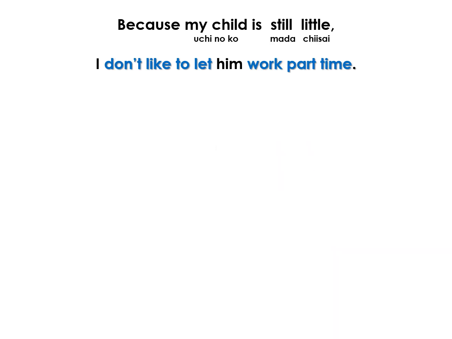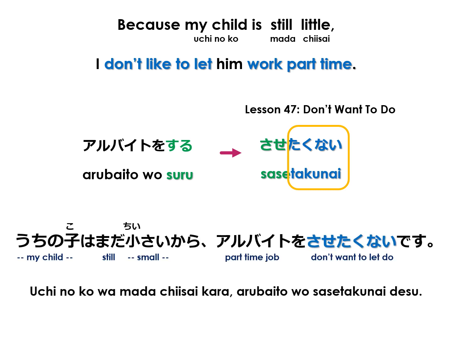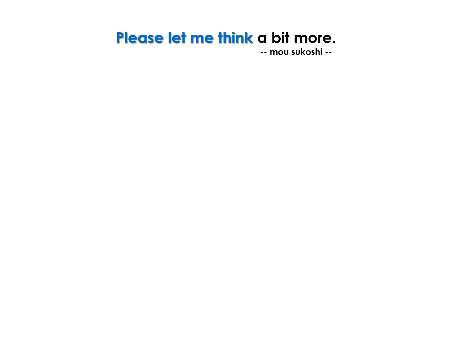Because my child is still little, I don't like him to work part-time. Now this is a combination of causative and don't want to do. To work part-time is アルバイトをする. It's the suru part we conjugate to the causative させる, and converting this to don't want to do, we get させたくない. Now you can review the don't want to conjugation in lesson 47. Full sentence in Japanese, うちの子はまだ小さいからアルバイトをさせたくないです。